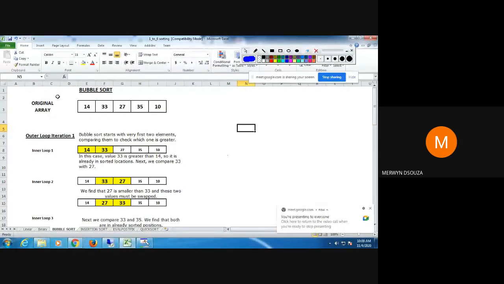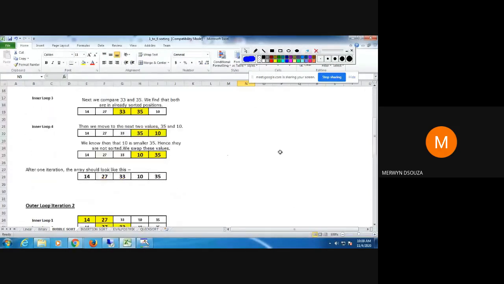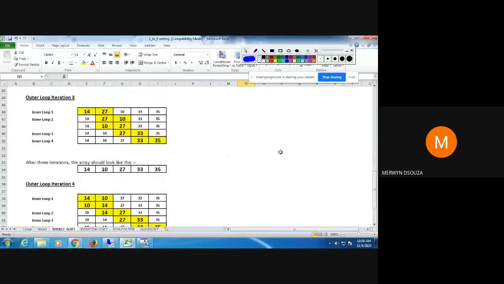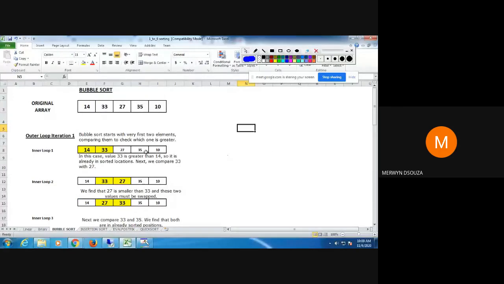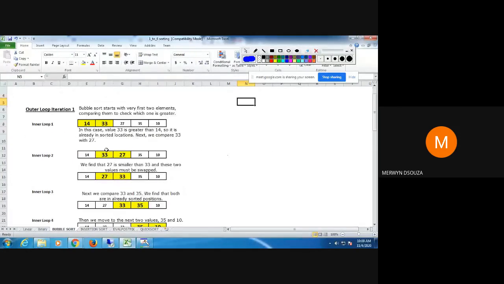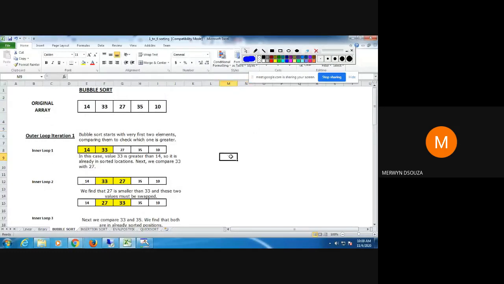So obviously, sorting means you're going to sort the numbers in ascending or descending order. In any one of the two orders, you're going to sort. Right now we are going to sort them in ascending order. Sorting in descending order is the same way, but you will start from the end. Same method, but you will be starting it from the end. So you can try it out later at home. Once I finish this ascending, you can try it for descending later. You will have to start from the last two elements.